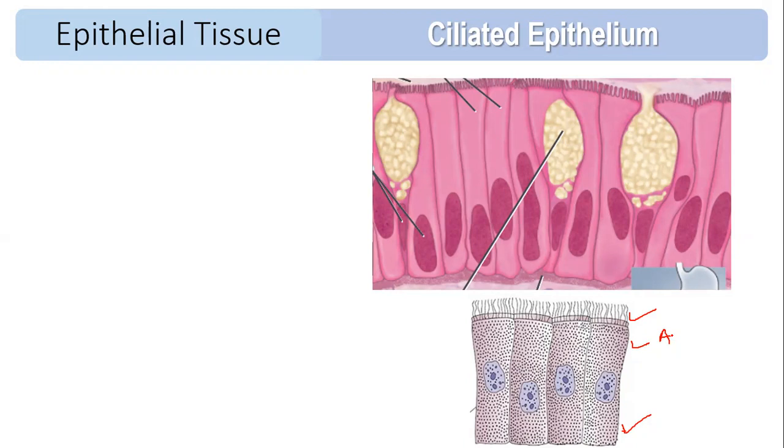Now, where is it present? They are present in your respiratory tract. So whatever dust particles enter your respiratory tract are swept in an upward direction with the help of this ciliated epithelium. One part of the female reproductive system, the fallopian tube, is provided with a ciliated epithelium, and this ciliated epithelium pushes the ovum in a forward direction and thus helps in fertilization.